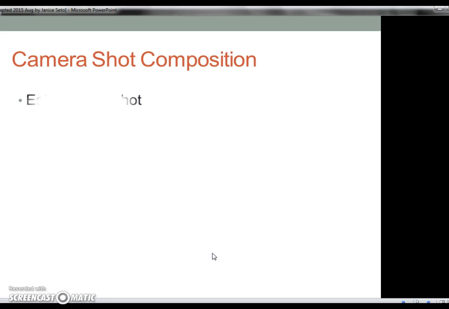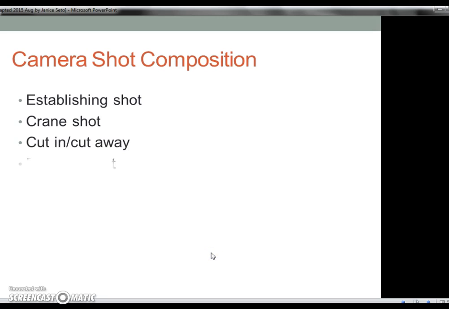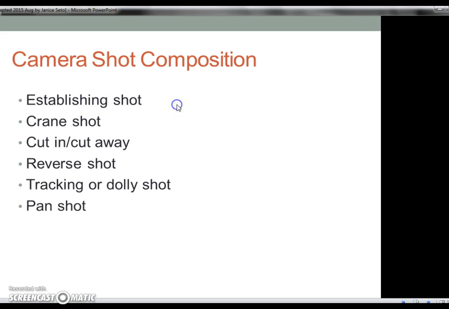But now, I've got a few minutes left. I only got 4 minutes left. So let's run a little bit more. We'll talk about camera shot composition. So the establishing shot, and we've gone over that, so where are you in setting? Crane shot is where basically the camera is way up here, and I'll see if I can find you a clip from that. And then there's cutaway, reverse shot, so basically usually when people are talking, it's a dialogue like